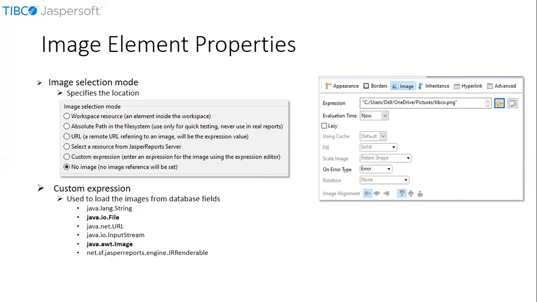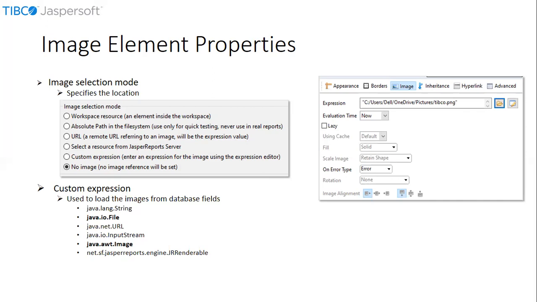Workspace resource. Workspace resource option indicates that an image can be located from the workspace folder. For instance, we can add an image to the workspace folder and we can refer to that image expression using the workspace path of the image. Absolute path in the file system.